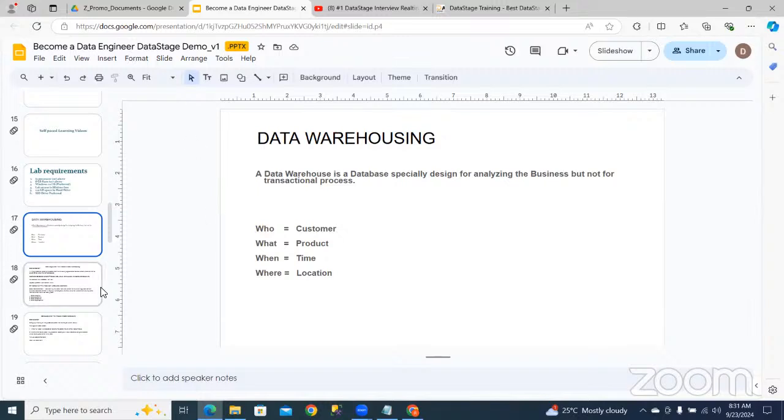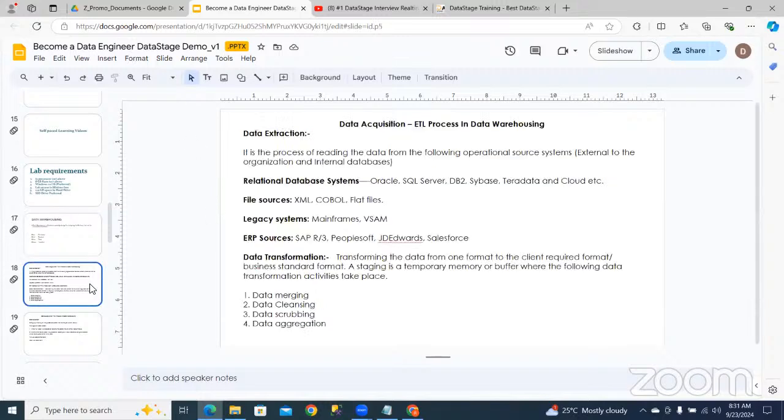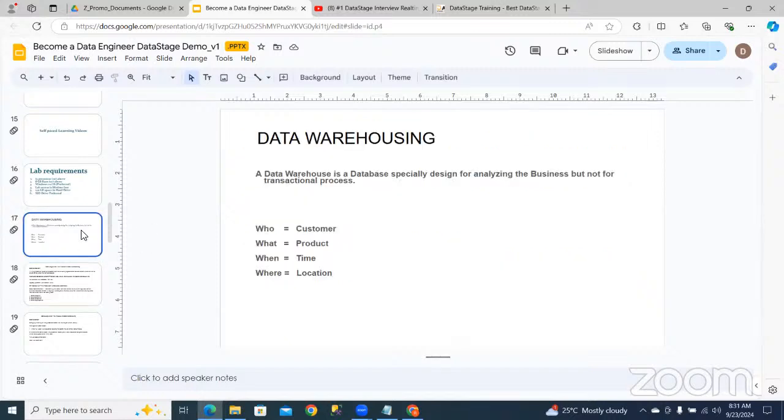And to build data warehousing applications, we need data. We need the process of data acquisition. What is the basic meaning of warehouse? The general terminology of warehouse is to store something. Similarly, a data warehouse is where we store the data.